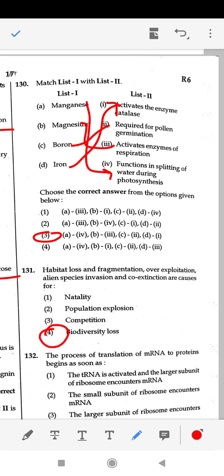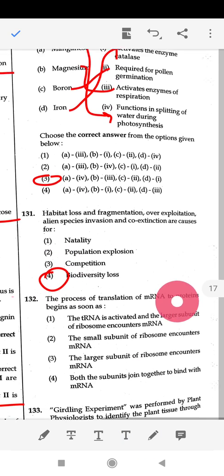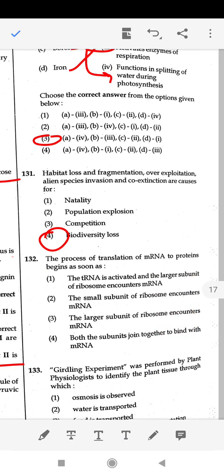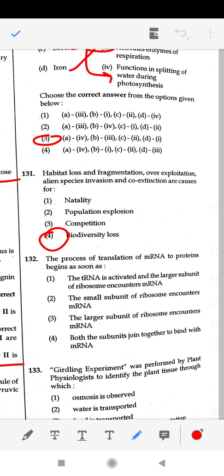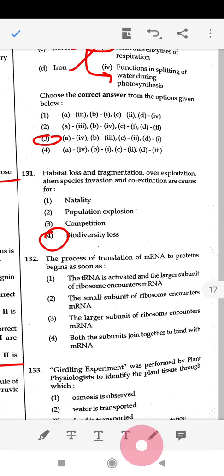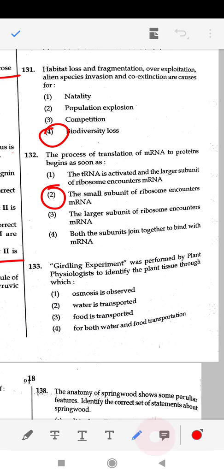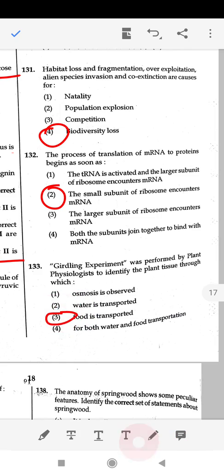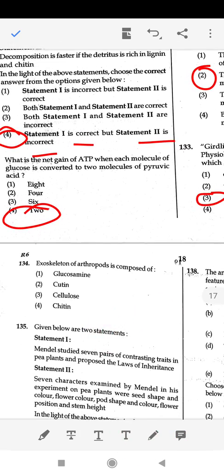That is biodiversity loss. The process of translation of messenger RNA to proteins begins as soon as the small subunit of ribosome encounters messenger RNA. Next is girdling experiment was performed by plant physiologists to identify the plant tissue through which food is transported. Next is exoskeleton of arthropod is composed of,